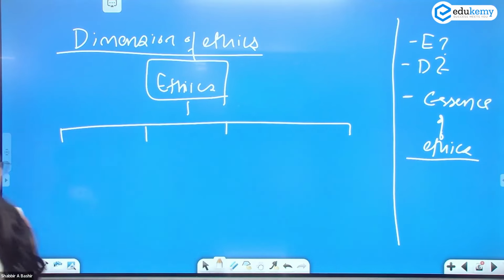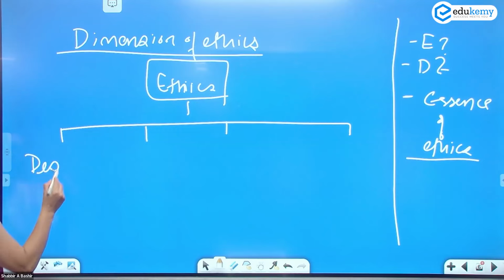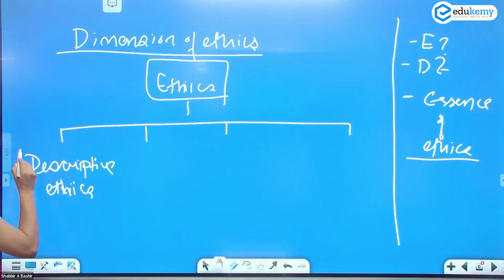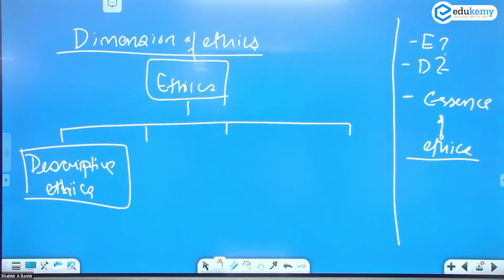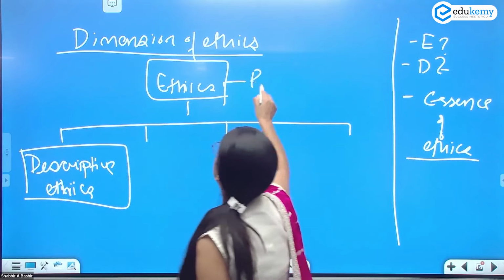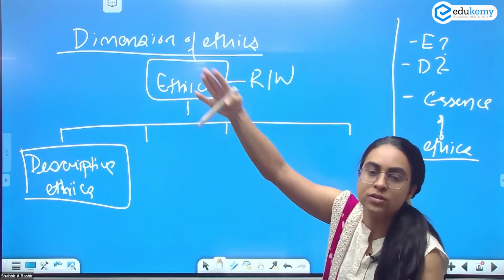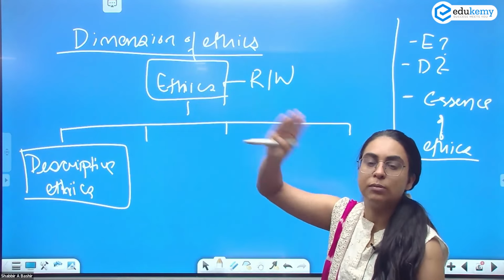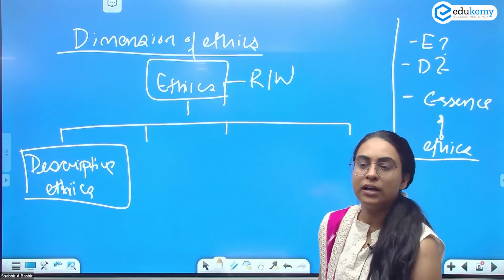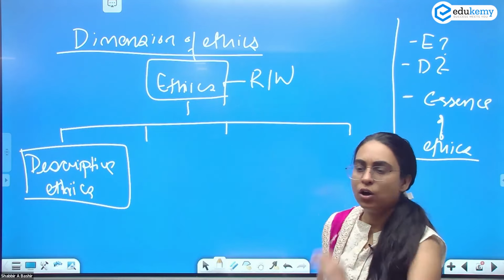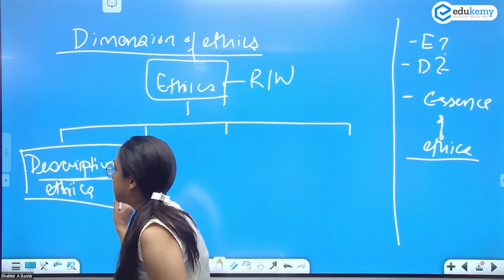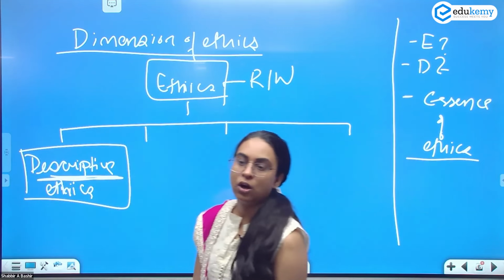One is, you went to a society, let's say you went to American society, and you said you are studying what is right, what is wrong in the American society. So ethics क्या है? Concerned about right or wrong. तो आप अमेरिकन सोसाइटी में पढ़ने, फ्रांस की सोसाइटी में पढ़ने, जर्मनी की सोसाइटी में पढ़ने जा रहे हो, कि उनके हिसाब से क्या राइट और क्या रॉन्ग है. You are simply describing what is right and wrong.